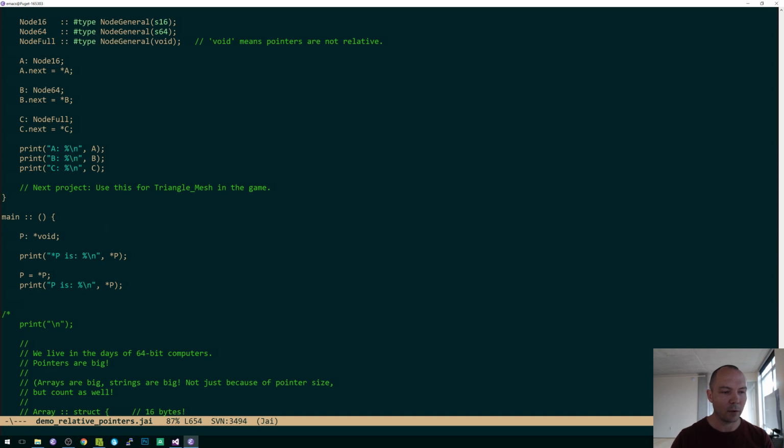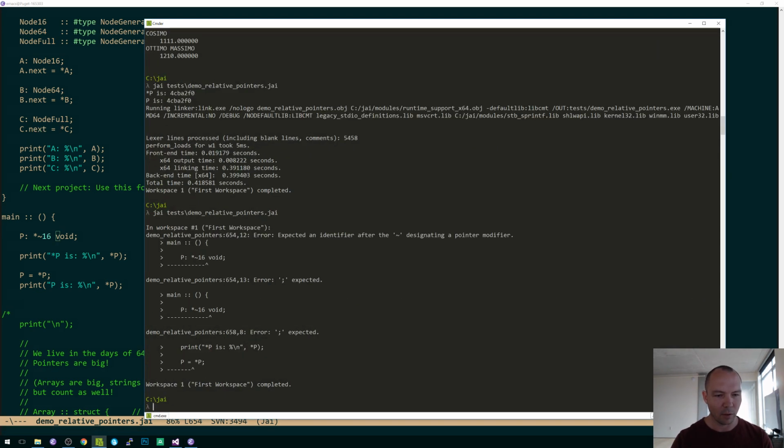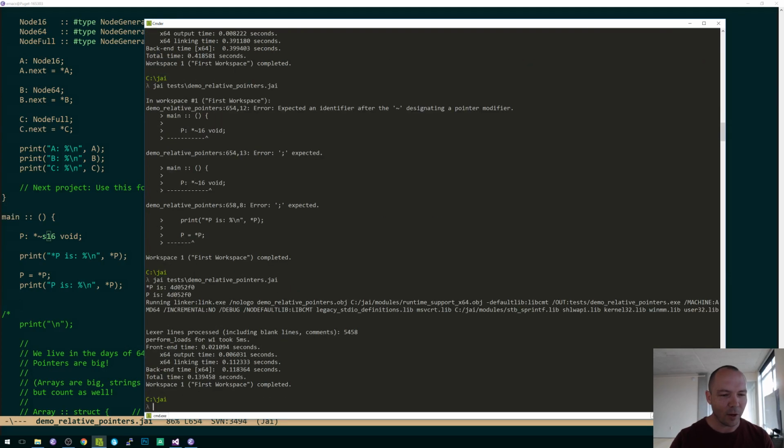Let's make it a pointer to a relative 16-bit. So it should be exactly the same. Oh. What happened? Oh, sorry, S16. I do that a lot. Okay, so you'll see the same thing happens. Boom, boom. Now, why is that? Well,